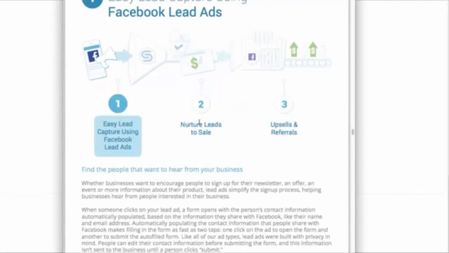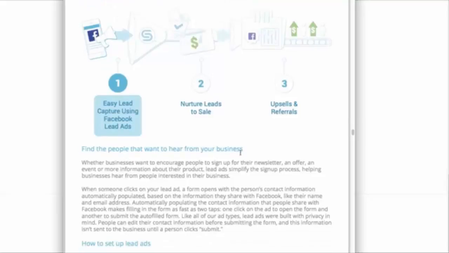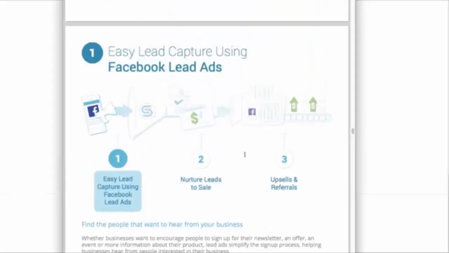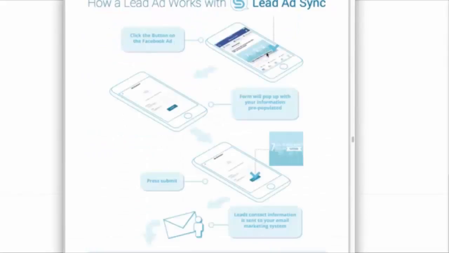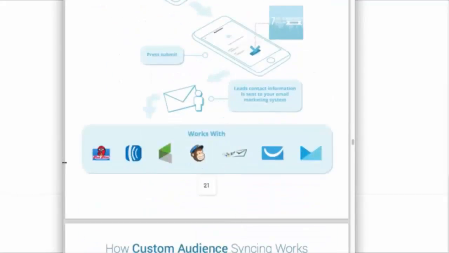So the next part of this, after we create that juicy offer, is going to be how to capture them through Facebook lead ads. Okay, so we're going to go and create a form through Facebook that's going to have their first name and their email address, and we're going to sync it using the social sales system to, we're going to use Infusionsoft for this example, but you can use anything you like. They tap the button on the ad that we're going to create in Facebook, they're going to fill it out and hit the submit button,